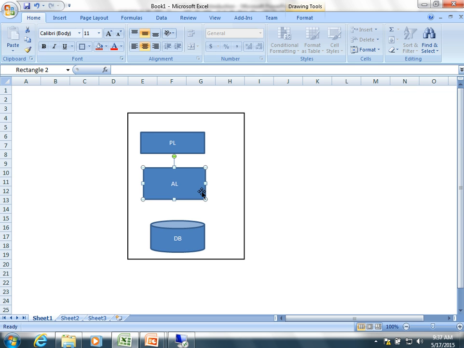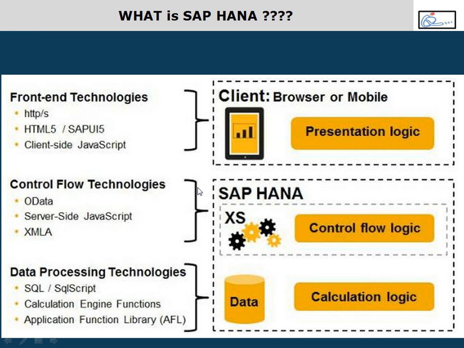Okay. Now look at this. How do we do this? We have something called HANA native development. As part of HANA native development, SAP has delivered a certain framework through which you can develop your applications and deploy them on the XS Engine, which is an application server on the HANA database. Within the HANA database, you are going to have an XS Engine, an application server running as a process. You can develop your own applications and deploy them on the XS Engine. That is called HANA native development.